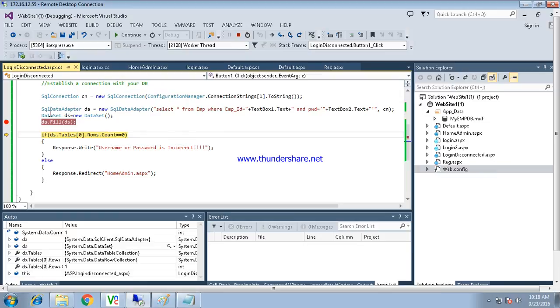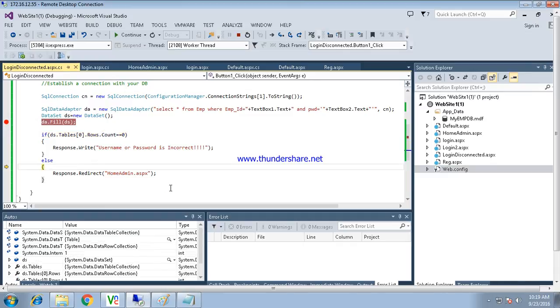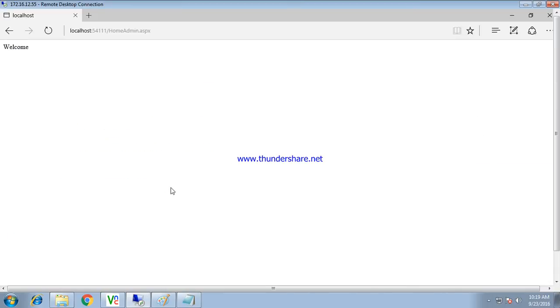But remember one thing: the data set is a collection of tables and you can access a table by its index, and each table has rows and the rows have the count property. This count is 1 and that's why it will be redirected to the else part, and finally you will be welcomed to your admin page.